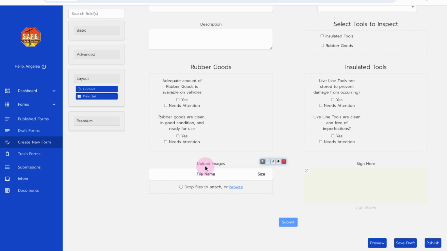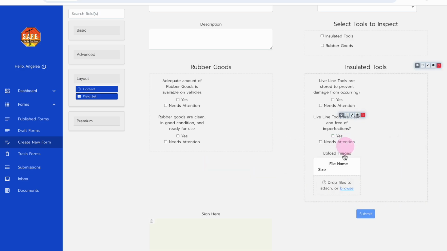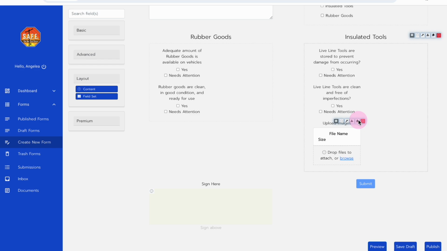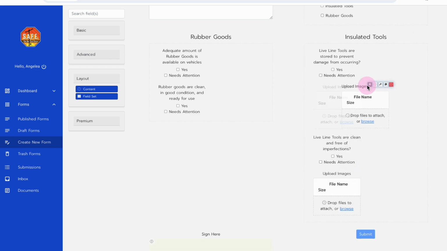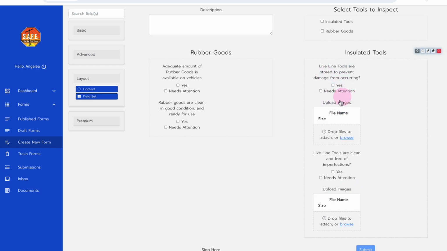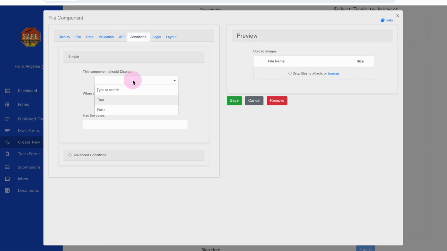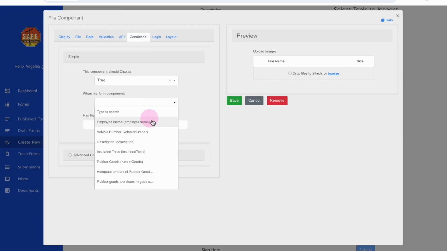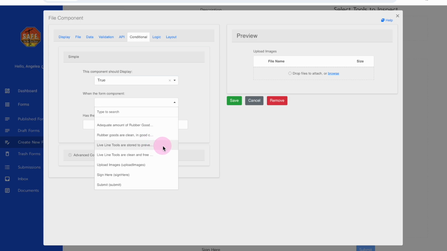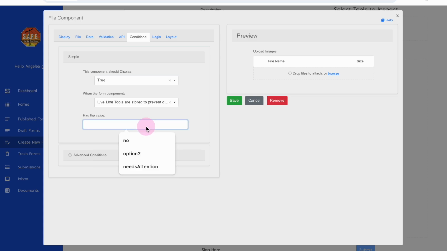Let's say we want a photo opportunity after every single question if it is answered as needs attention. We can put in our images here, copy and paste, and drag and drop each photo opportunity underneath the questions. Then we can go into the edit image, hide the image, and set this conditional formatting to display when the answer for our question